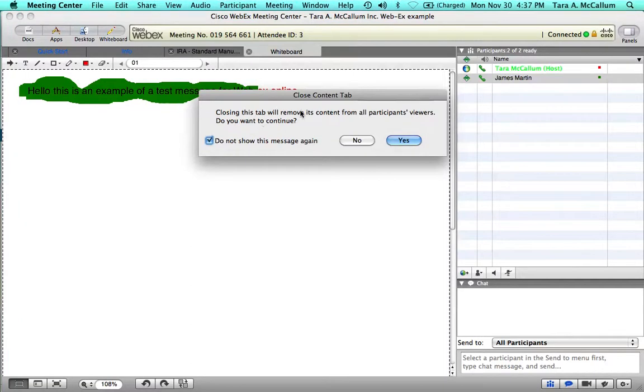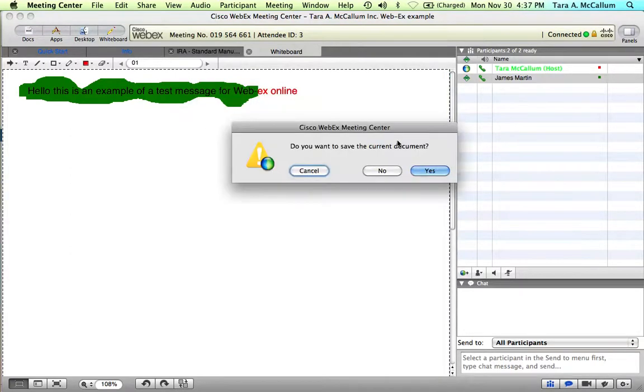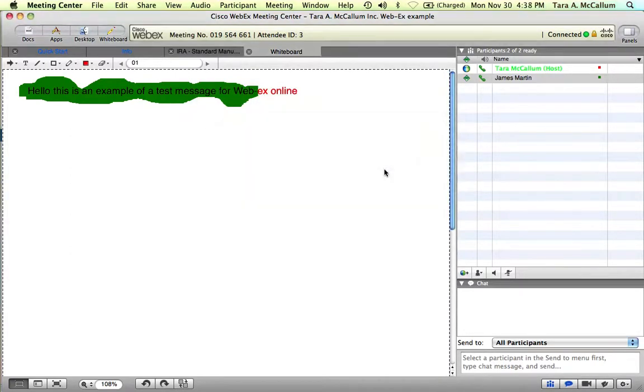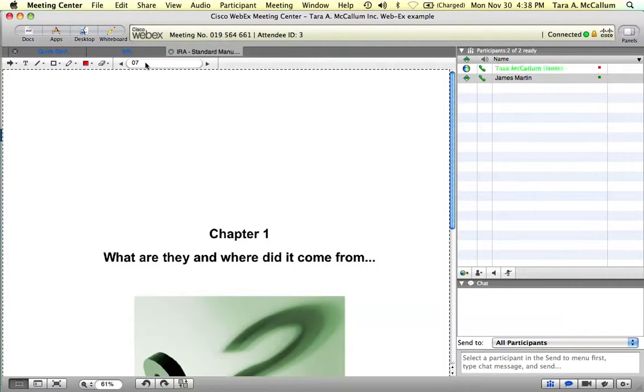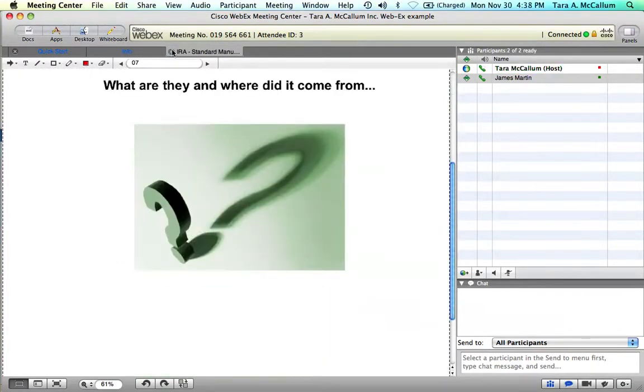And as it's demonstrating right now, if you're closing the tab, it's going to ask you, do you want to continue? Because that would close it out from all the participants' availability. In this particular case, yes, I do want to go ahead and close out the tab. And no, I do not want to save the document. In this also case, this goes back to the IRA standard manual as an example, and I don't want to